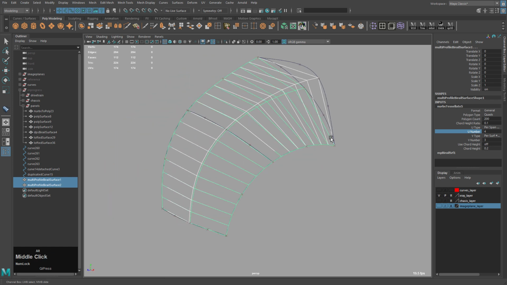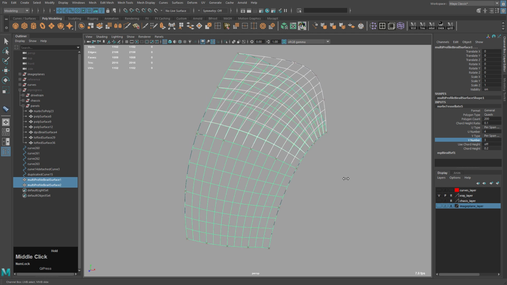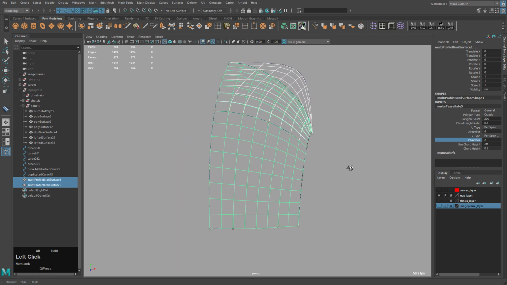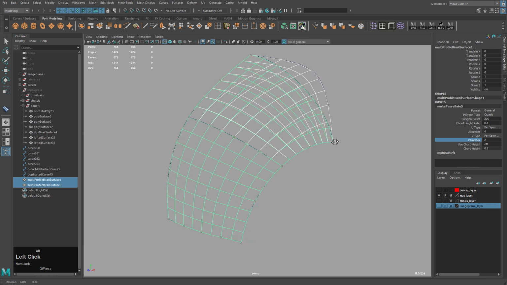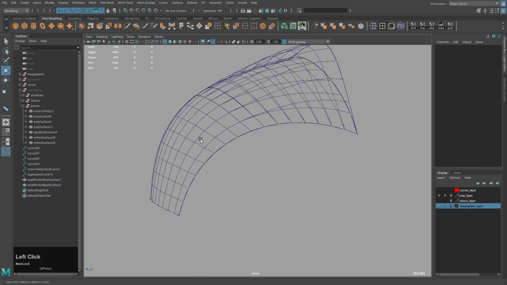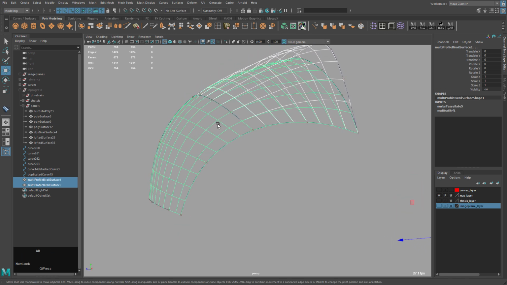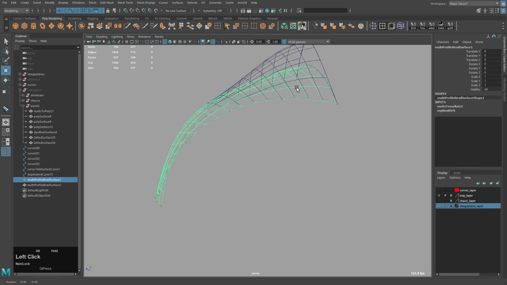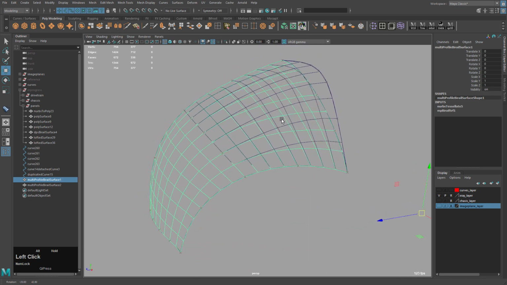So we can do it like this, then select this one, set it to the same. See, that looks pretty good. These are matching perfectly over here, so we might not even need the second one. I just wanted to see how it's working here, and that looks pretty good.